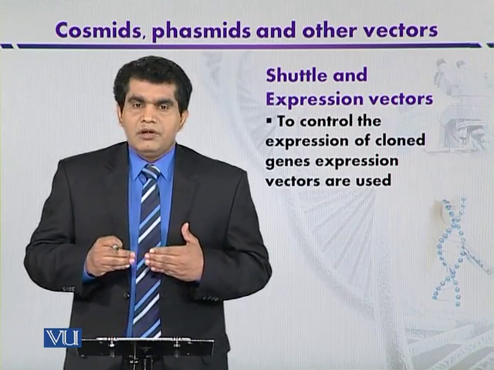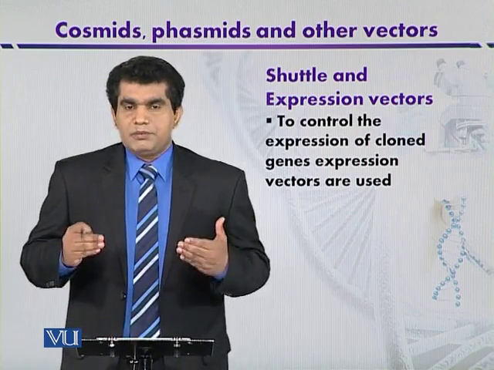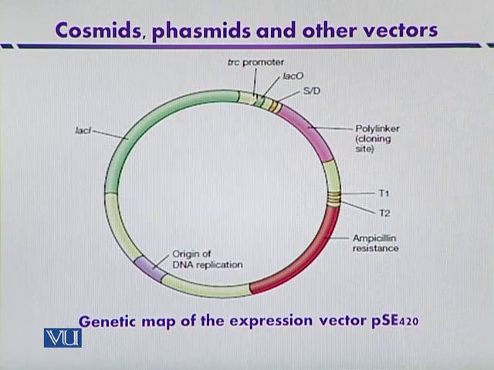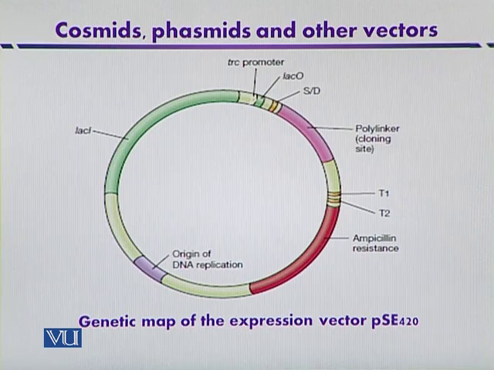They have been used to optimize the expression of the foreign gene. Again, this diagram indicates the genetic map of an expression vector, which is BIO732. Actually, this vector has been synthesized or constructed by a commercial company like Invitrogen, and it contains